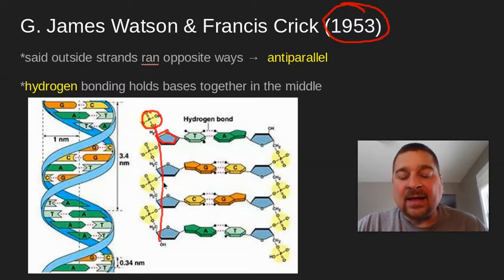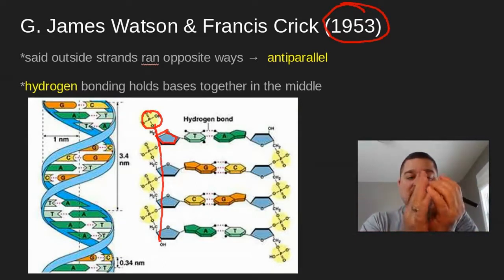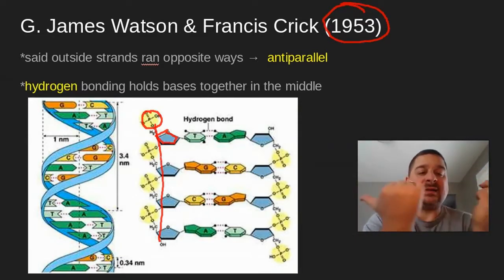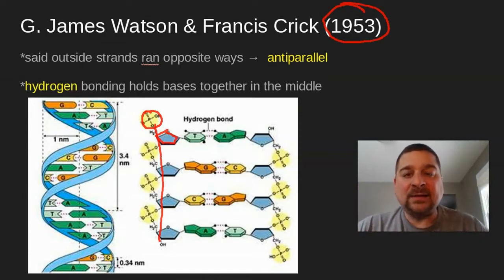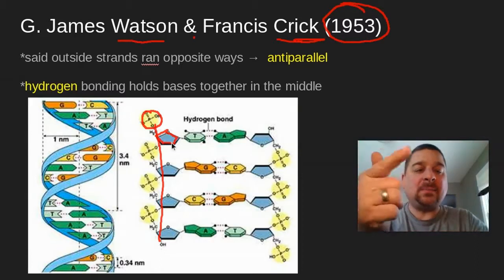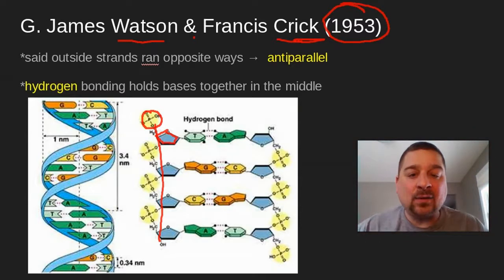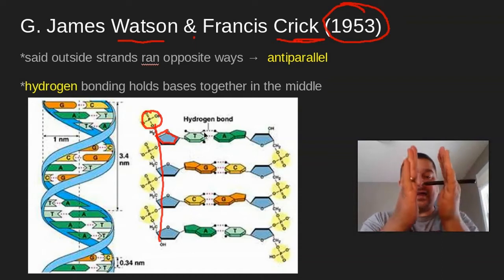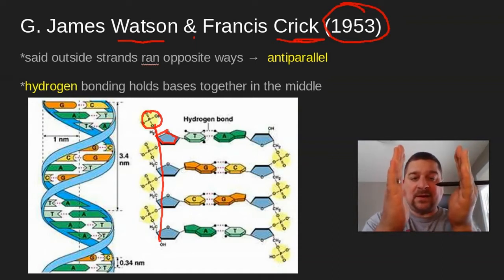But Linus Pauling had 3 strands with the sugar phosphate backbones in the center and the bases sticking out. Watson and Crick did the same thing, but when they talked to Rosalind Franklin about this, she laughed and said, death to the DNA, because this can't be right. But then they had an aha moment, and they said, what if we turn the bases inward? And what if, using Chargaff's rules, to keep the spacing right, the measurements from Rosalind Franklin's picture,